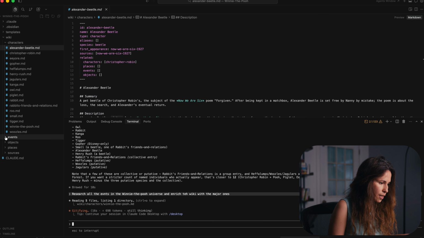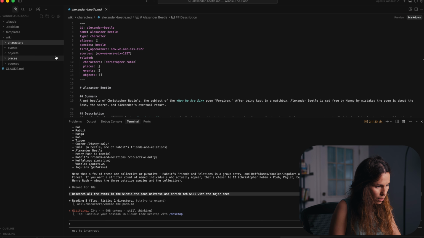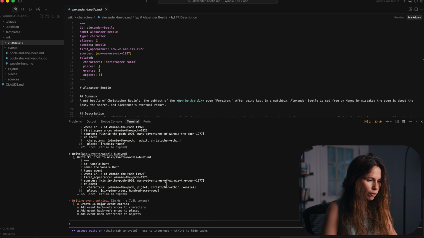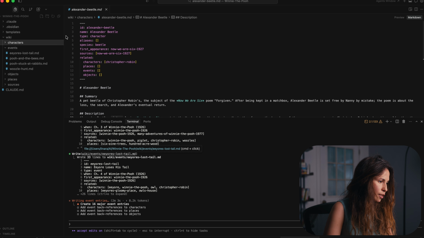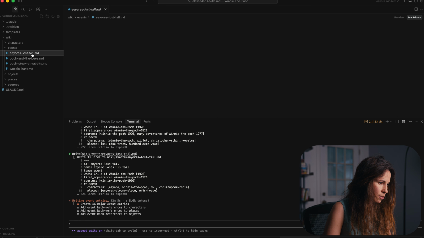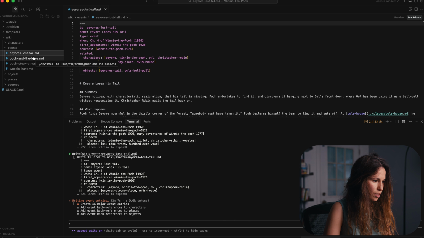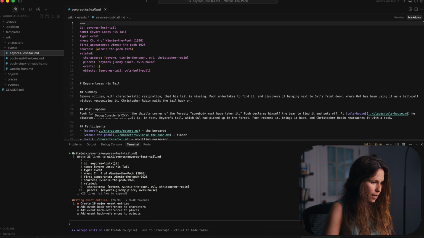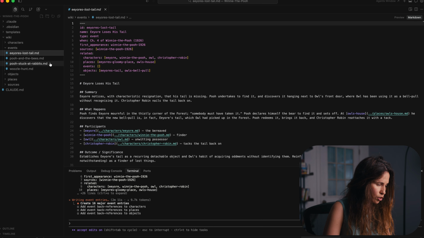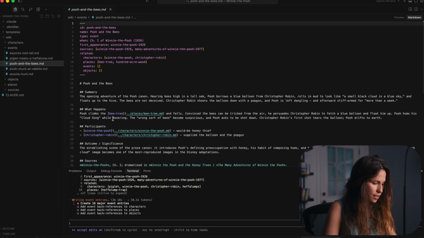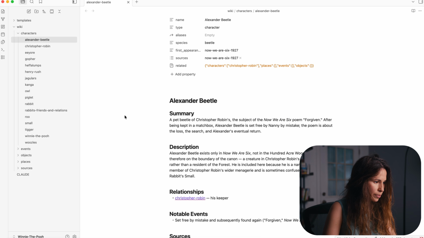Let's watch the right side of the screen under the events. Let's see what it would produce. So Claude is doing the research and produces artifacts, the files that I asked it to produce about all those events I asked it to research. They appear in the left side pane, and at the same time they also appear in Obsidian.